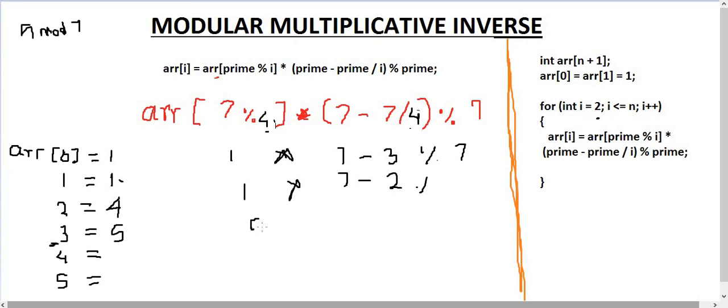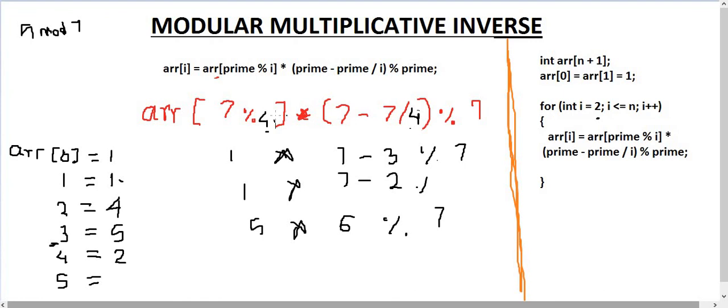So 5 into 7 minus 4, which returns 5 into 6. We know 5 into 6 is 30 mod 7, and since 7 fours are 28, this returns 2. So 4 into 2 is 8, and mod 7 returns 1.